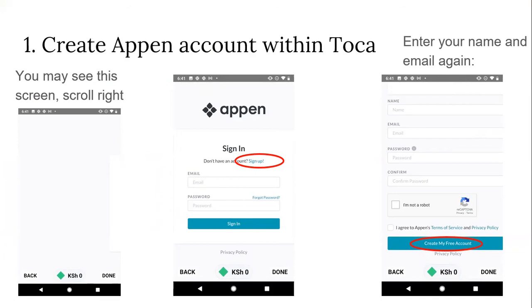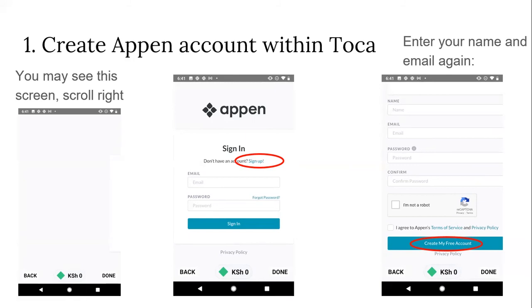The first thing on this page, you'll fill in your name, your email address, a password, and a password confirmation. Your password has to meet the following requirements. Must have one capital letter, must have one digit, and must have one special character, for example, $, asterisk, or the and symbol. Confirm that you're not a robot, then agree with the terms and conditions of Appen, then click on create your account. After clicking on create your account, you'll go to your email address,